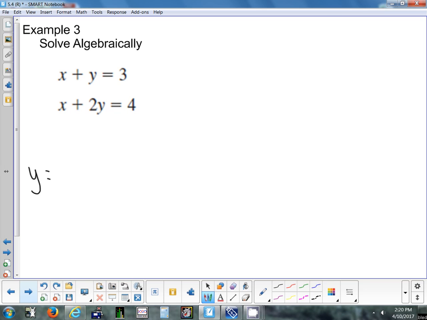All right, so let's look at this. For this one, Ariel, what do I want to use, elimination or substitution? Yeah, how come? Yeah, and x and y are on the same side, right? If it was y equals, I would use substitution. But x and y are on the same side. Did you say substitution? I think you said substitution, right? Yeah, you could use substitution. You could. Elimination would be